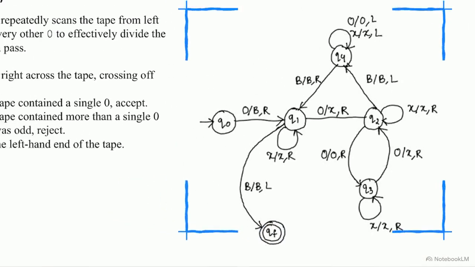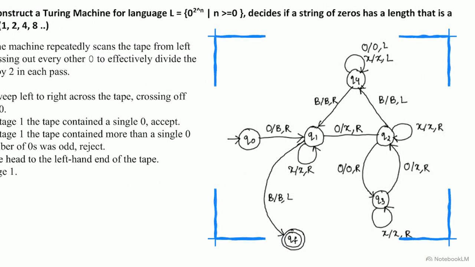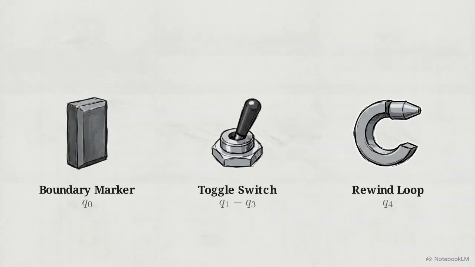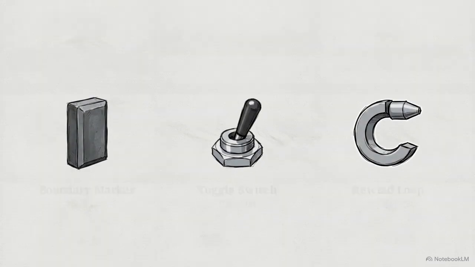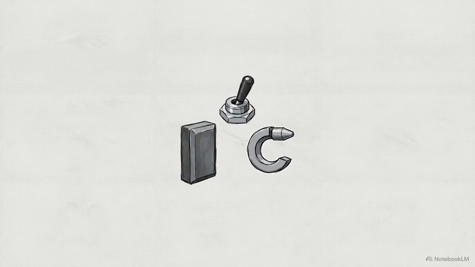The whole machine has 3 zones: the Q0 boundary setup, the Q123 halving engine, and the Q4 rewind track. Modeling exponentially growing numerical sets is achieved by combining simple, modular components, like boundary markers, toggle switches, and rewind loops, into a